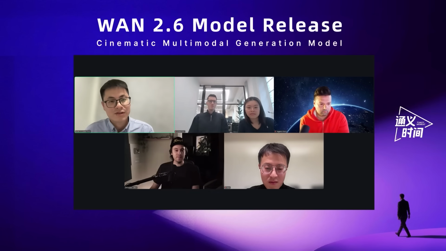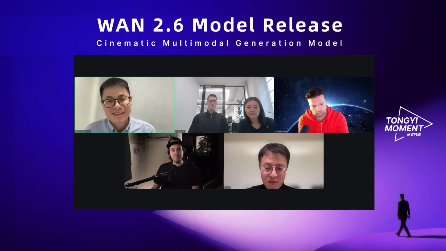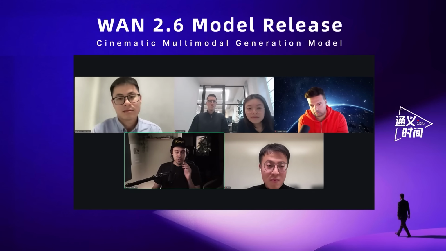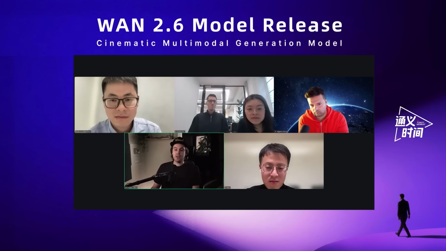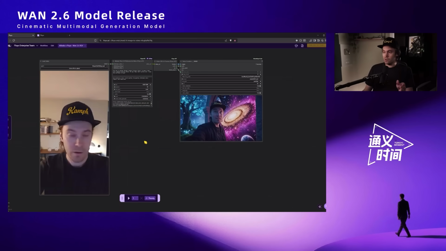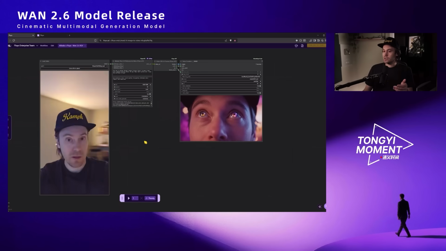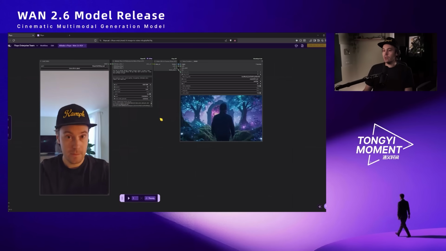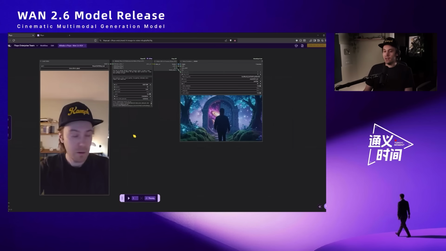Great. I also saw that you are the character in the video, right? Yes, for sure. And I can show you part of how that was made. So let me quickly screen share. As Ryan mentioned, there are two ways to use Wan right now, and that is through Wan.video, but also through API. I used both, but I also used it on Floyo. So this is through an API connection.